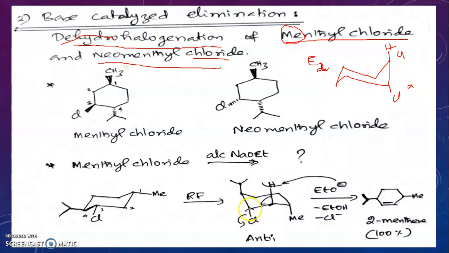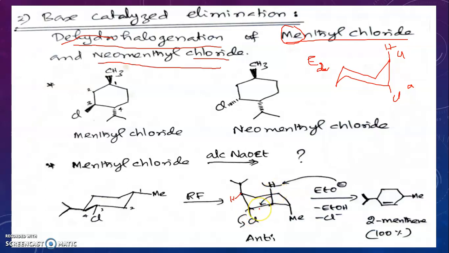See, if chlorine is attached here, you take this carbon as alpha carbon, then the next carbon is beta. So beta elimination will occur, right? Similarly, if this is alpha, this carbon is also beta, but in this beta, the hydrogen is present in equatorial manner. Are you clear? So this is not a preferred orientation. Whereas here we have an equatorial hydrogen as well as an axial hydrogen. So the axial hydrogen is available, so this is the preferred orientation.